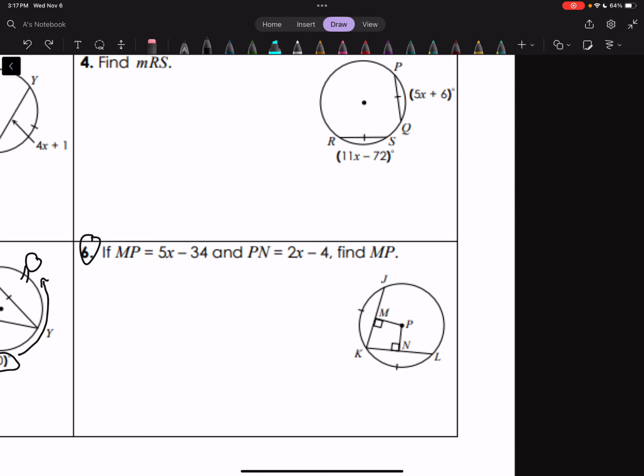Number 6, if MP is equal to 5x minus 34 and PN is equal to 2x minus 4, find MP. Well, let's look at what we have as of right now. We have the arcs are congruent, therefore the chords are congruent. If I have the chords are congruent, which is rule A,